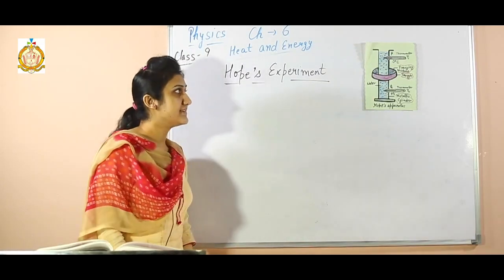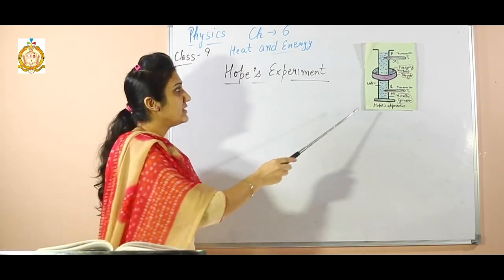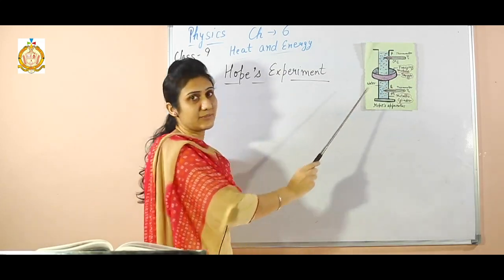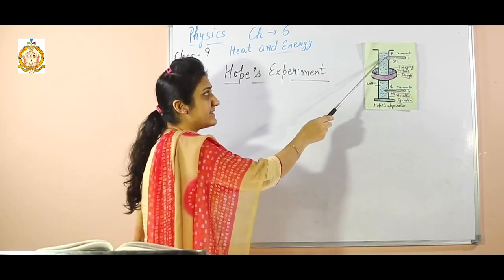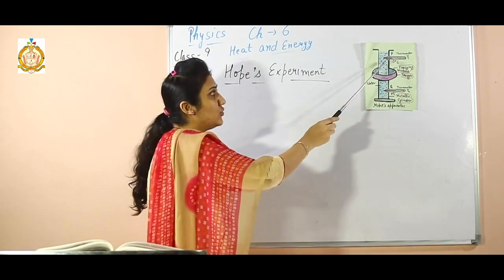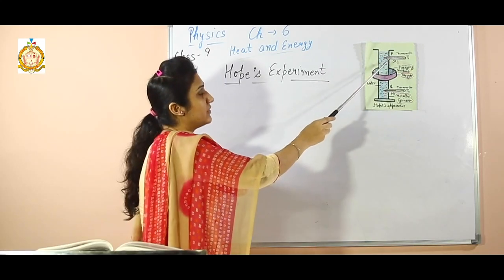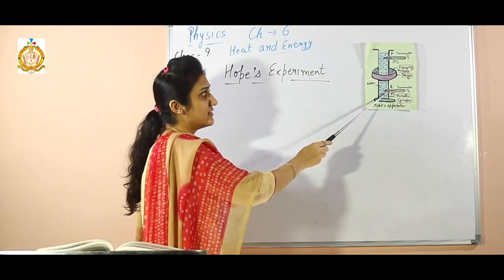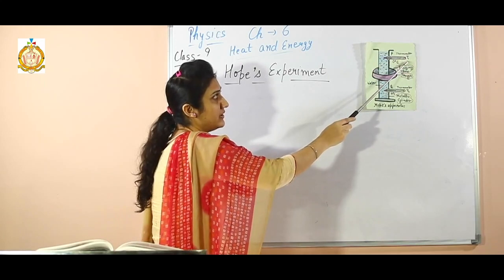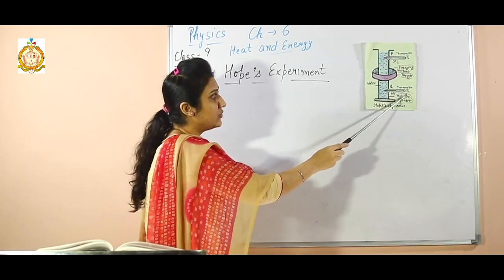In Hobbes apparatus, there is a tall metallic cylinder and there is a cylindrical trough in which the freezing mixture is kept, and water is taken in the metallic cylinder at room temperature, and there are two openings, that is P and Q. One is at the top and one is near the bottom, and through opening P the thermometer T1 is fitted, and through opening Q the thermometer T2 is fitted,